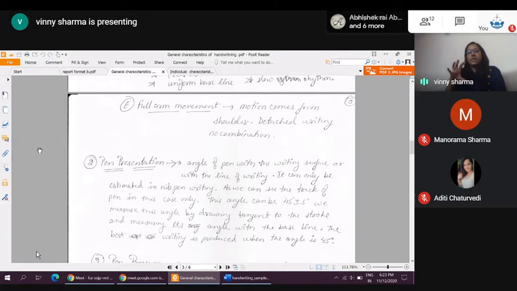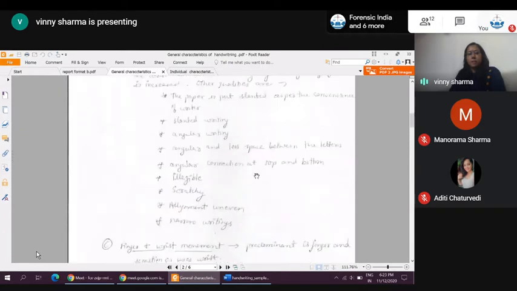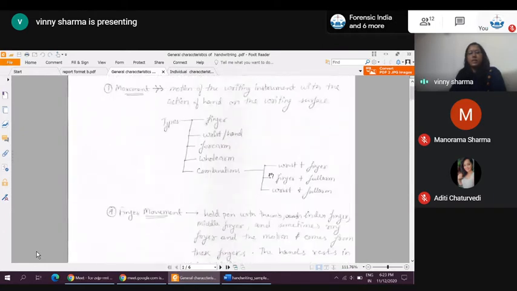So it's big writing without the connecting strokes, and slow. But this type of movement is actually lower than that of the elbow movement. Then comes the other two combinations that we have been talking about, the finger and full arm and the wrist